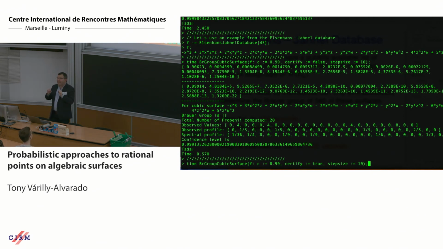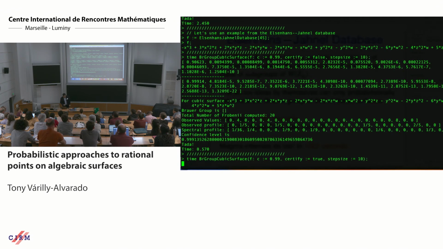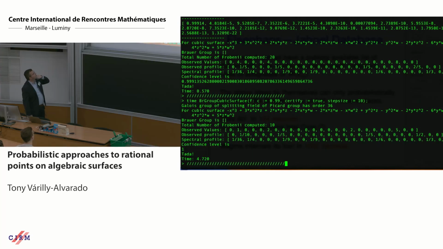And so if I just add that extra little piece of information, it's going to take a little longer because now it's calculating a Galois group, an abstract Galois group, but it works. Took 4.7 seconds. And you see it says the Galois group of the splitting field of the Picard group has order 36. So with that one little extra piece of information, it was able to determine the correct spectral profile with proof,